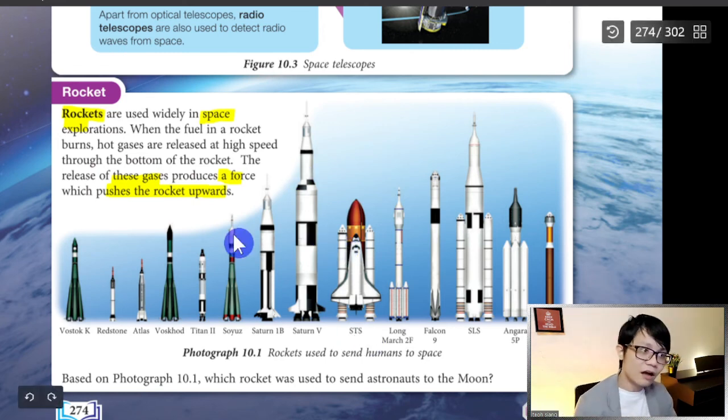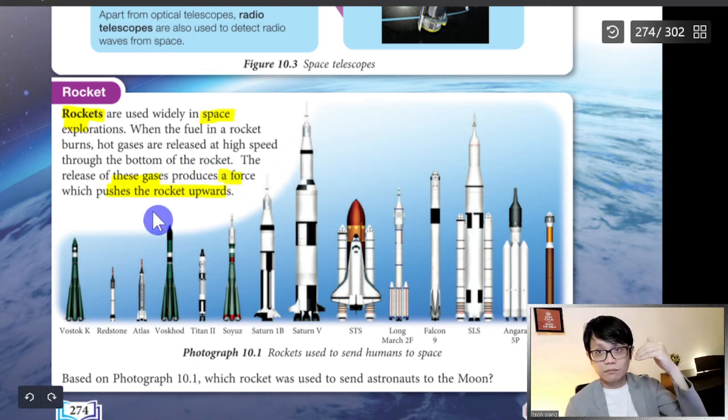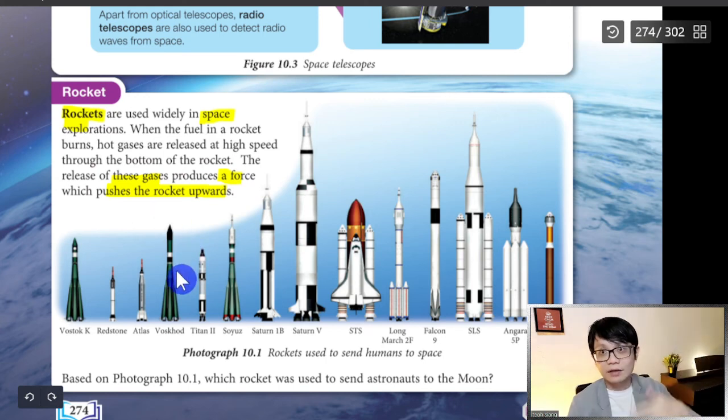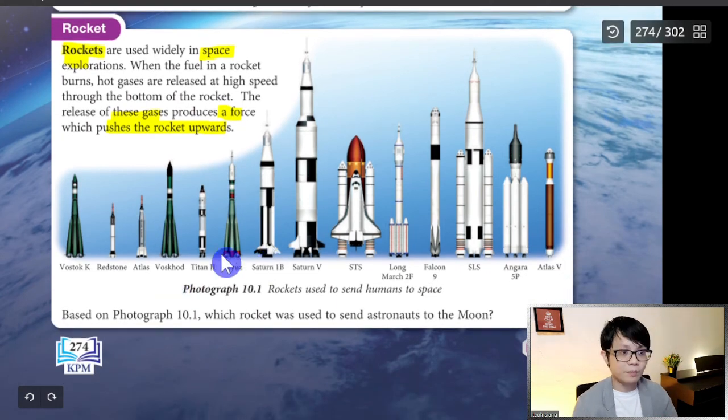So there are a lot of definitions, but the thing is, it has to do with space exploration, and it works by using the force from the fuel. The fuel used to be hydrogen fuel, but now with new technology they have changed the fuel. Okay, so these are examples of